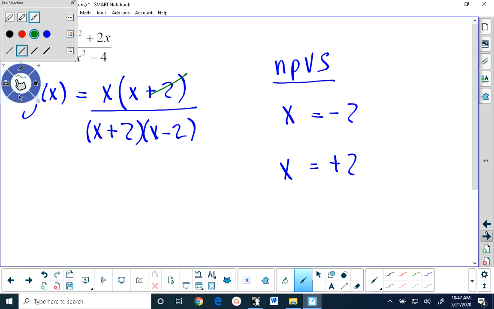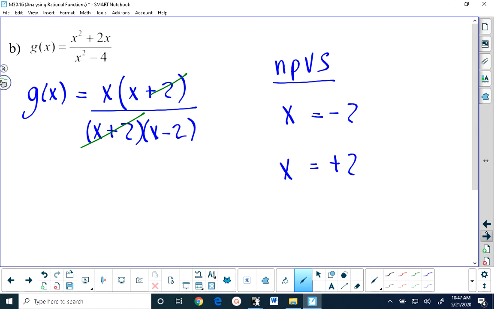Since the x plus 2's cancel, that means that the non-permissible value of negative 2, which came out of the x plus 2, is a hole. We're going to have a hole at (negative 2, something). Because the x minus 2 did not cancel, that means the positive 2 is going to be a vertical asymptote